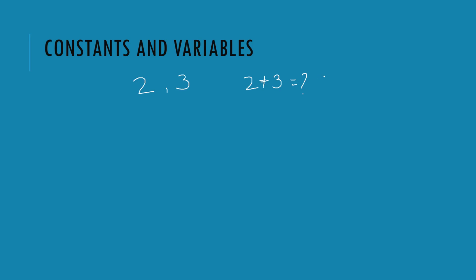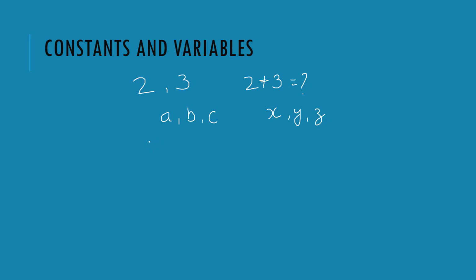Similarly, if there are some unknowns, we call them variables. And they are represented by any of the alphabets. Any of them? Yes. I thought it was just X and Y. No, you can have it as any alphabet you like. But X is the most favorite. But why is it? I don't know why people like X the most. You can use X, Y, Z, any alphabet that you like.